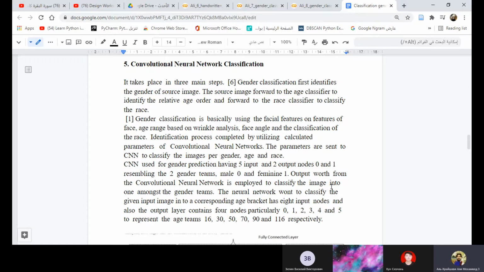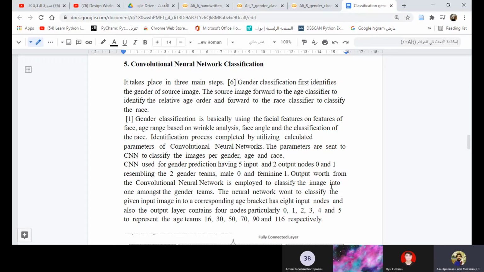The identification process is completed by utilizing calculated parameters of the convolutional neural network. The parameters are sent to the CNN to classify the image by gender, age, and race.